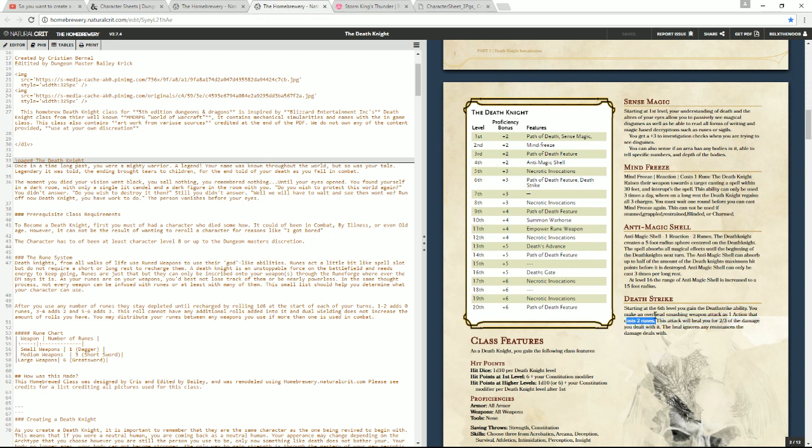Some classes have this, like spellcasters. Their spells take a spell slot. In this case, this class uses runes, and they only have a certain amount of runes depending on their weapon to cast this ability. So they have a requirement on it that they have to strategize depending on how many they have. And the end result is, along with the damage you deal, you heal for 2/3 of the damage dealt,